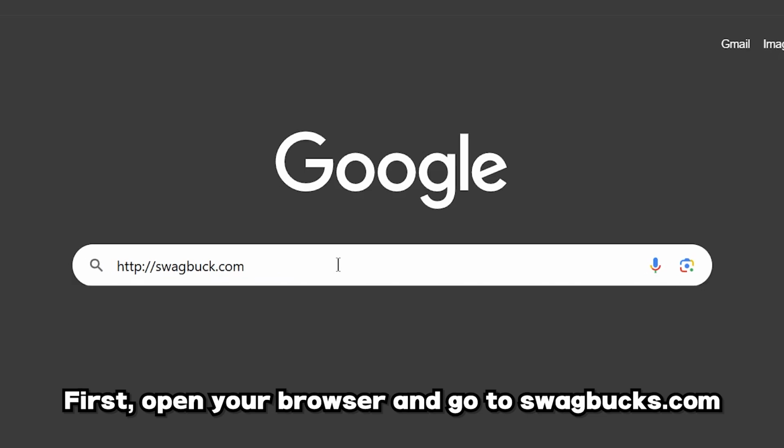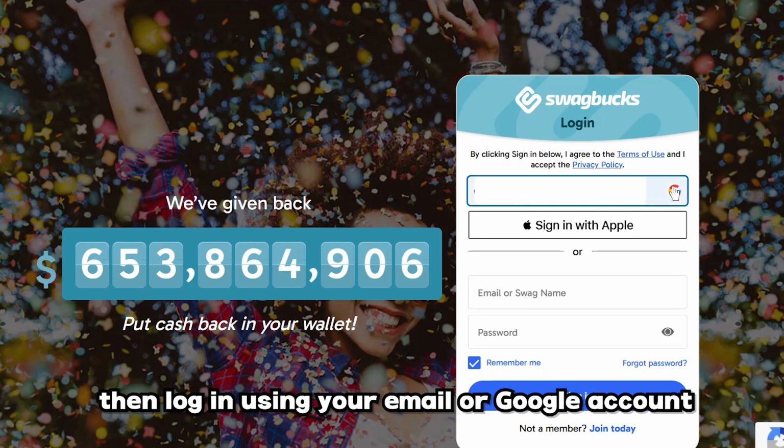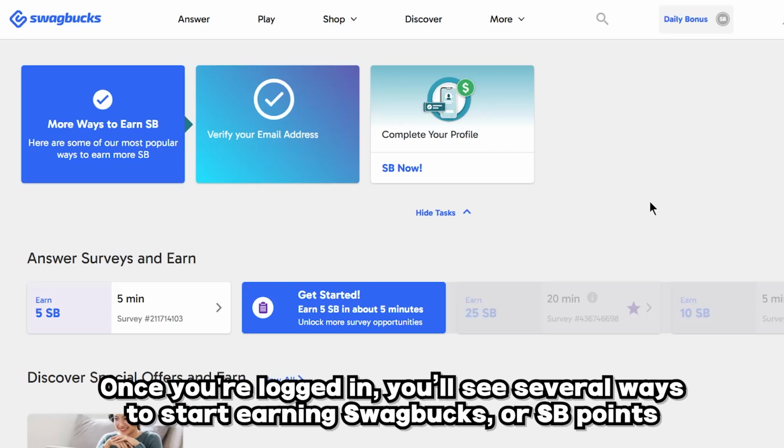First, open your browser and go to swagbucks.com. On the homepage, check the box to agree to the terms. Then log in using your email or Google account. Once you're logged in, you'll see several ways to start earning Swagbucks or SB points right from the top of